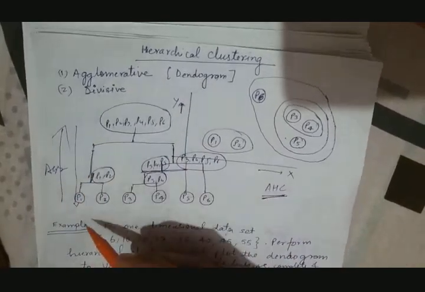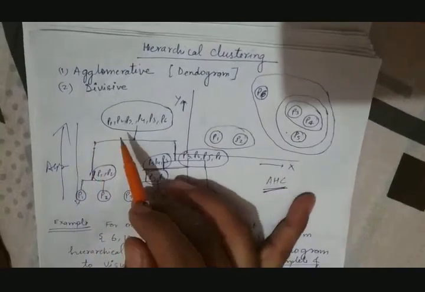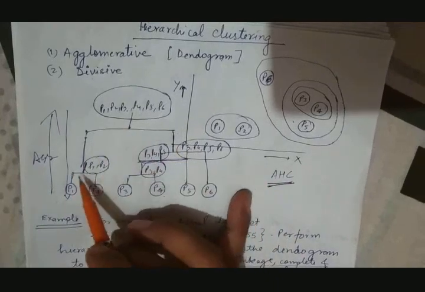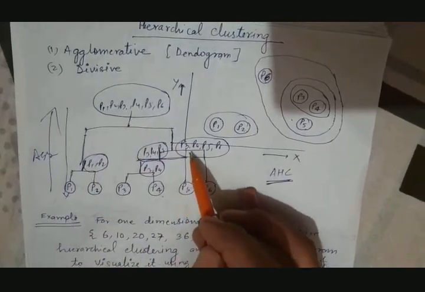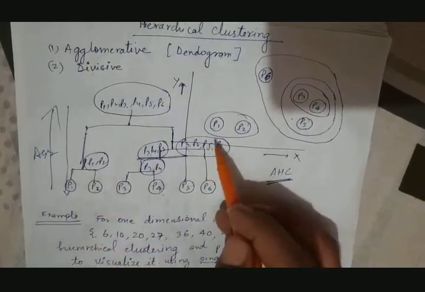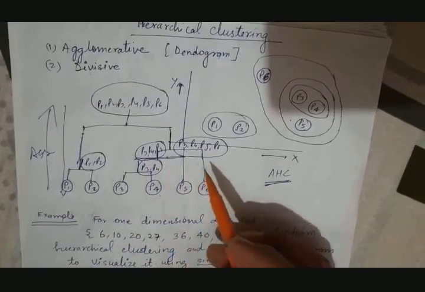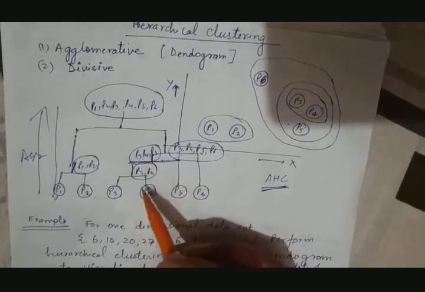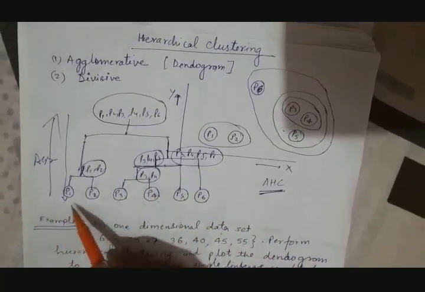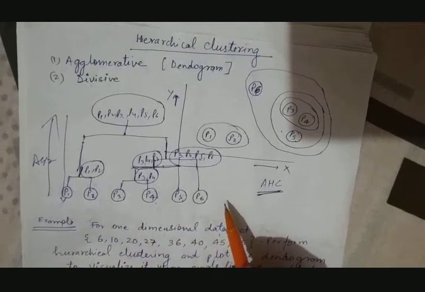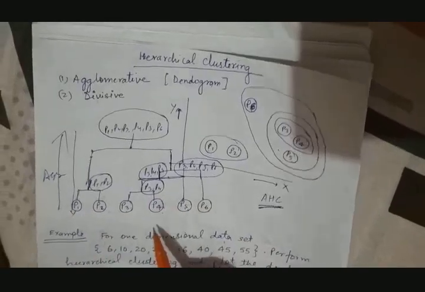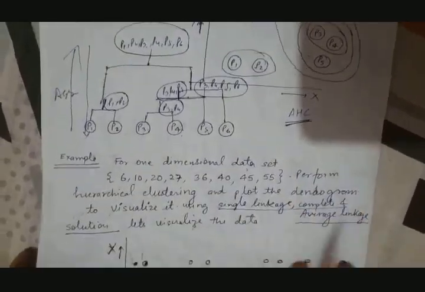And the reverse process is the divisive approach. What we do here is start with a single cluster which has all the data points. Then we break it up into two: P1 comma P2, and another, P3, P4, P5, P6. Then again we break up into two: P1 plus P2, and this one will be broken up into P3, P4, P5 and P6. Again this will break up into P3, P4 and P5. Again this will break up into P3 and P4. So this is how at the last level we get all such clusters, such that each cluster has only a single data point. This is how hierarchical clustering works.